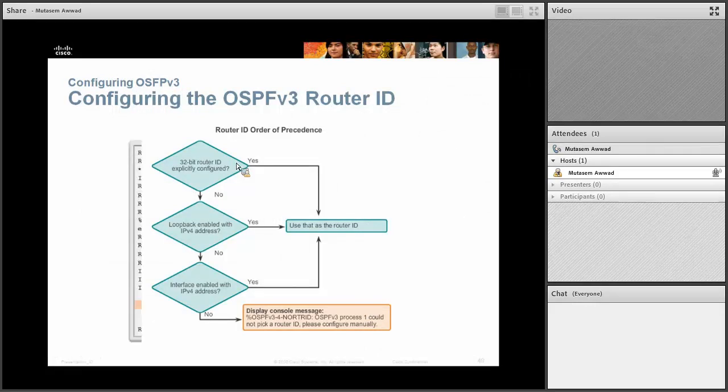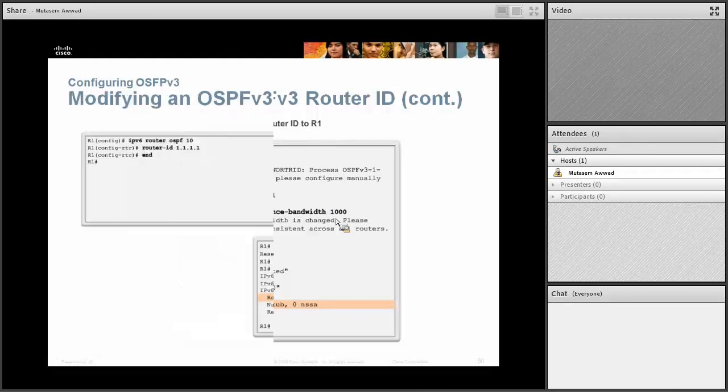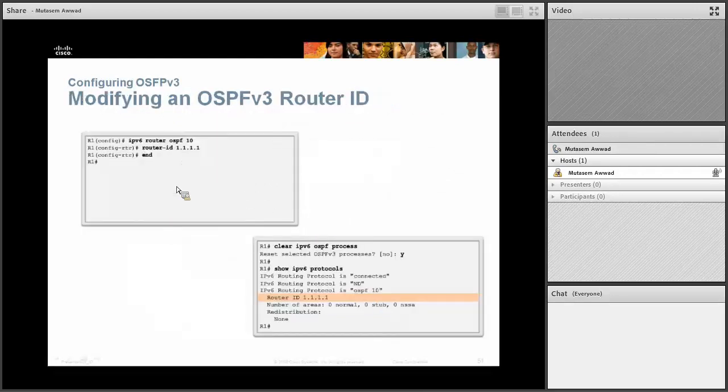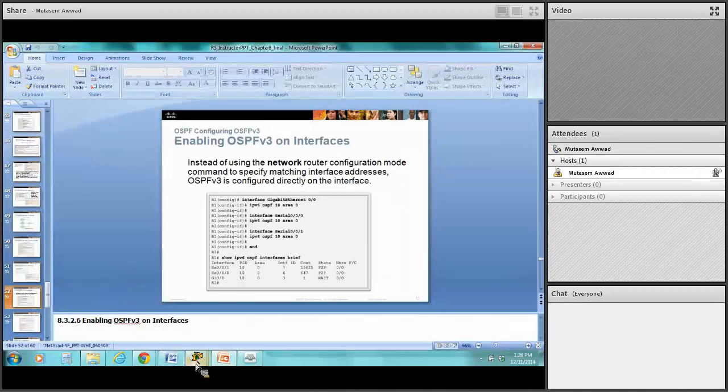You could do the router ID numbers if you want, changing the auto reference number to a 1000, which is 1000 mega, which is a gigabit if you wanted to do that. All right. Changing the router ID is the same thing. But what we wanted is this. Just go to the interface and say IPv6 OSPF 1 area 0. So here's what we're going to do. You just go in to the here